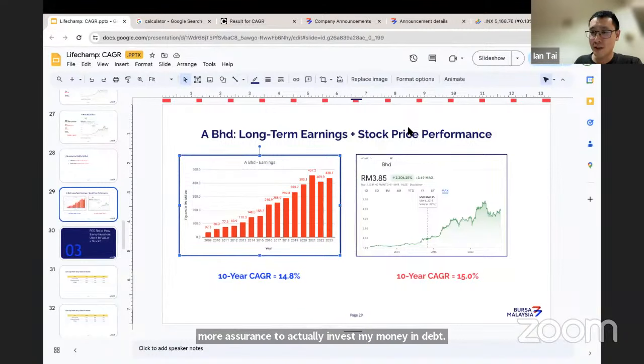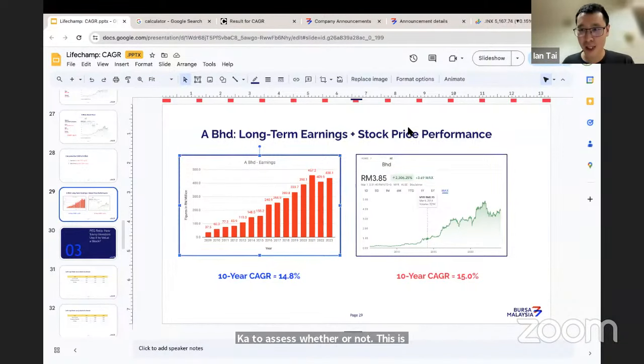So the whole nuance is to invest only if you understand something lah. So if you happen to understand some tech and you know that this is actually workable, and you find that this company can generate more revenues, more income by producing more of this high-tech stuff, and you have confidence in that company, then of course you can go ahead and use CAGR to assess whether or not this is the type of company that you want to invest in lah. No problem.